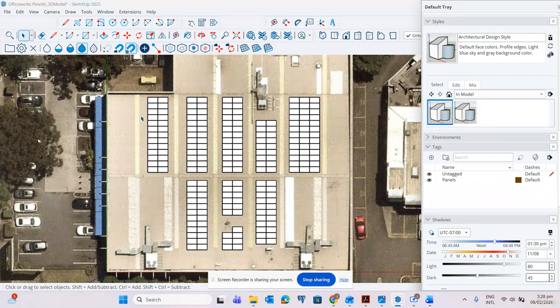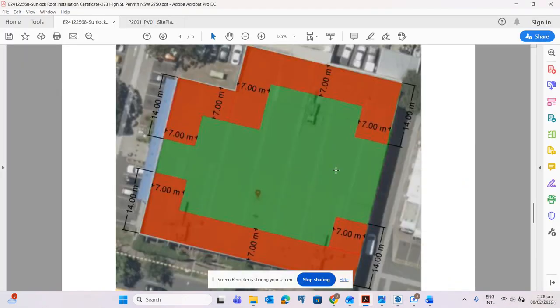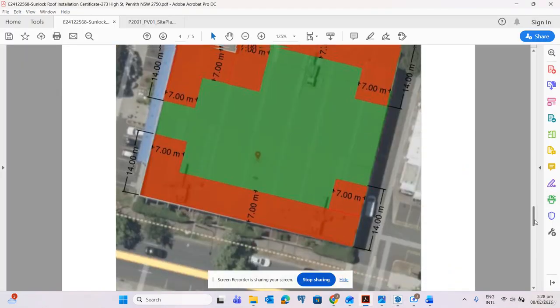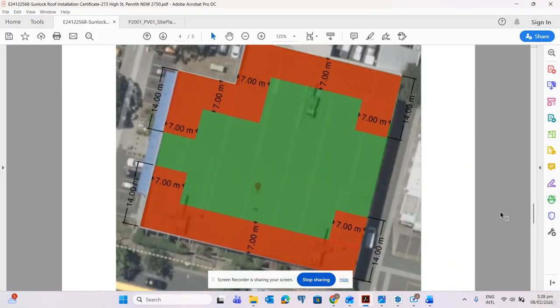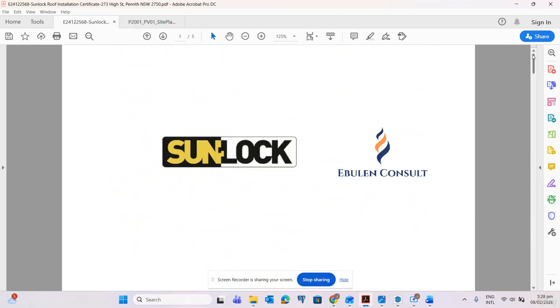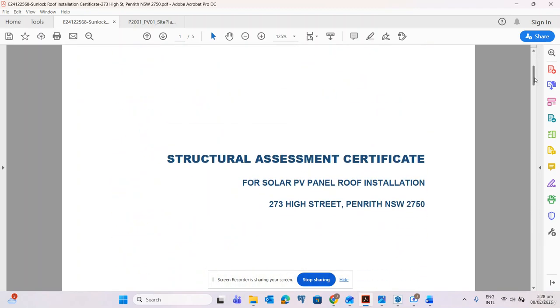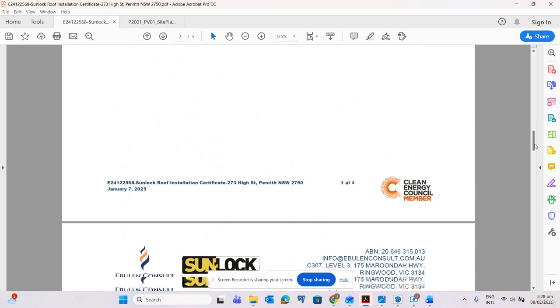After we draw these arrays or group of panels, we will be putting the structural layout that we have as a reference. This is the structural layout for this group, the structural assessment certificate for solar PV panel roof installation.